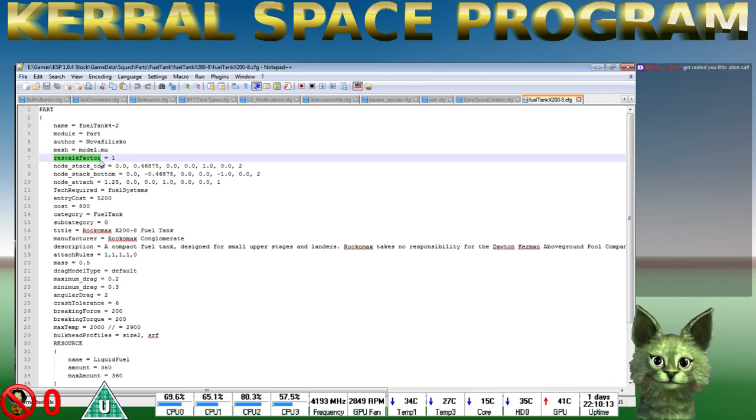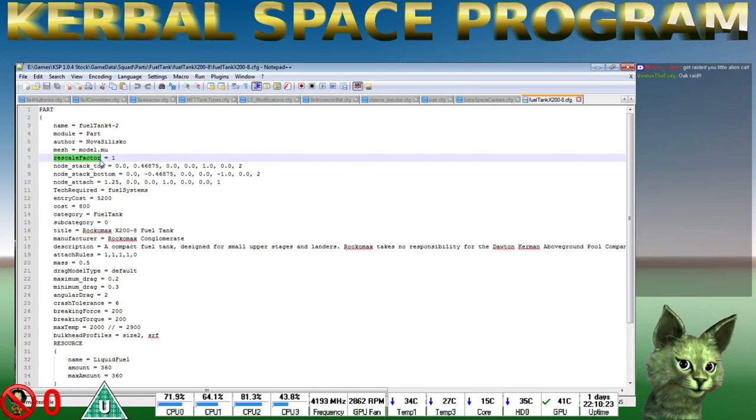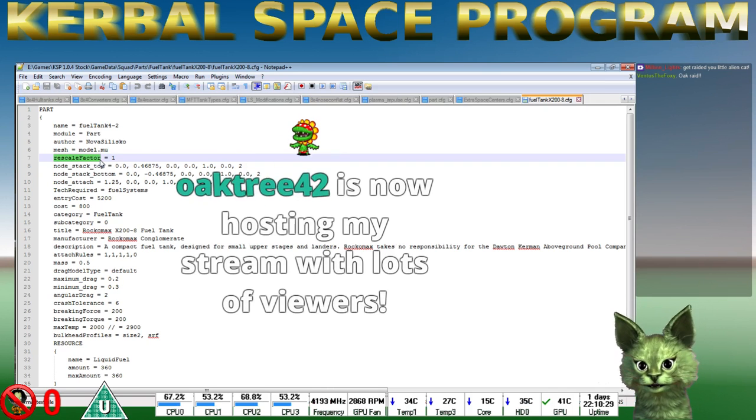Rescale factor. Now you might have scale factor and rescale factor, or scale. Don't get these three mixed up. Rescale will rescale everything. If you wanted to take, say, an orange tank from 2.5 meter to 5 meter,